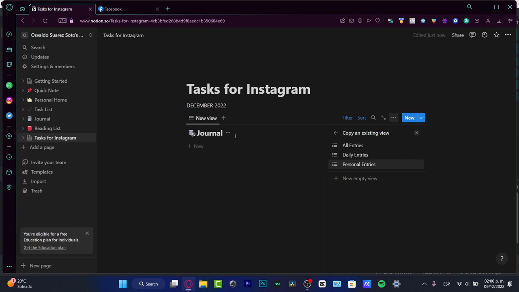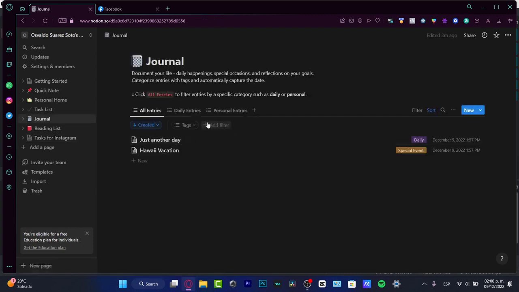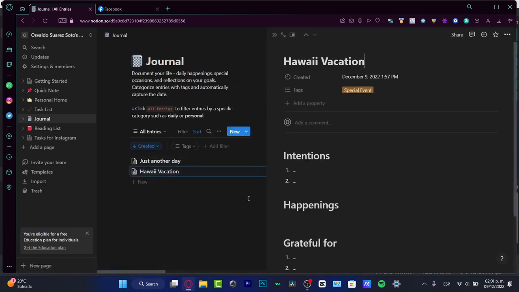Right, so here we have our journal, and this is our ideas, right? If I click in this journal, it's going to pop up this new section of notes where, let's say, just another day, how I vacation. If I click into this note, automatically another part of the application is going to show me what I have inside